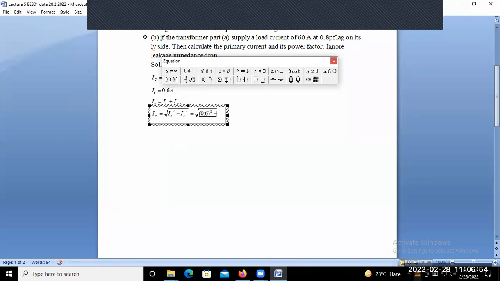That means how much? 0.164 whole square. Okay, so that is equal to how much? 0.577